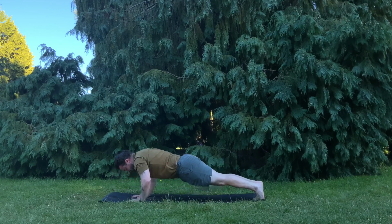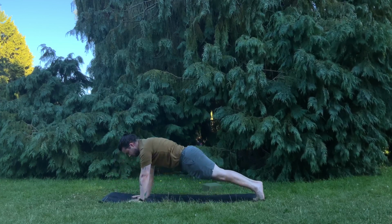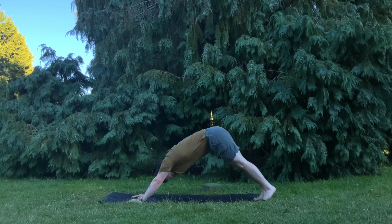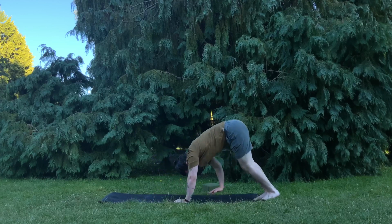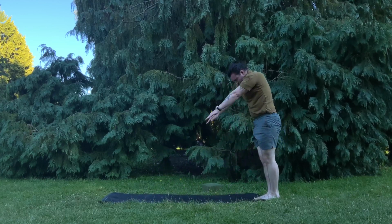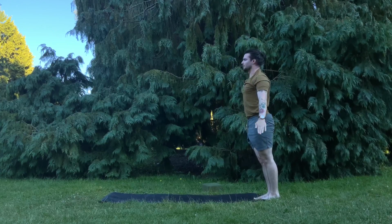1. Push up. 2. Last one, push up. 3. Pike the hips back, dive the ears between the arms, walk in towards the feet. Roll up through the posture, reach the arms, circle them down and around to the hips, and you're all done